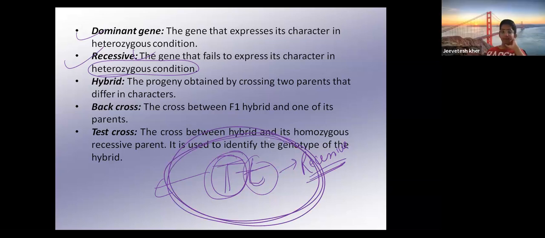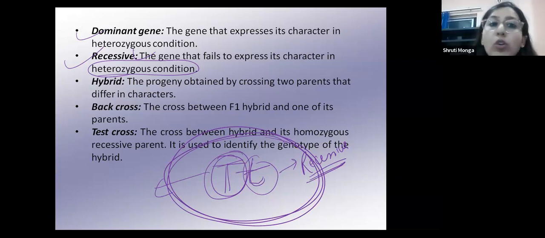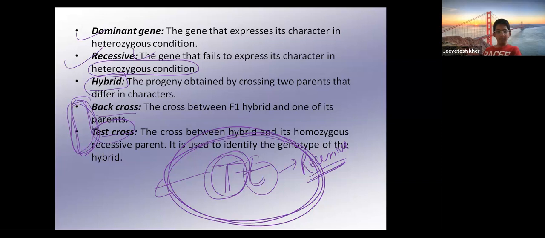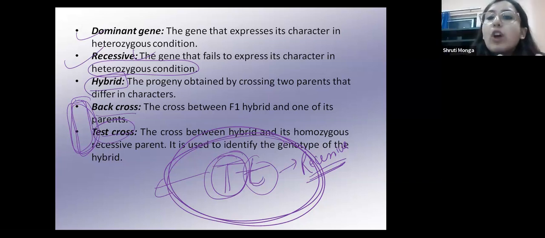Do we have hybrid, back cross and test cross? No, that is why I'm not going to explain this, it is not there in your NCERT. I'll have to check once, but I'm not going into this for now. Okay, hybrid is nothing. You know what a hybrid is, na? When you cross two parents of different traits, तो जो resulting result मिलेगा वो क्या होगा, hybrid होगा ना, because it is having the trait of two different parents. So hybrid is a common term. You must be knowing it. Okay. Next,